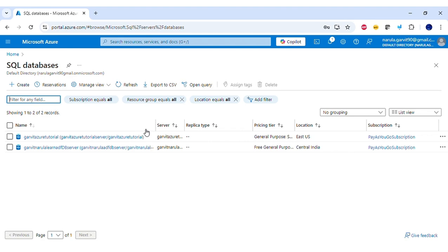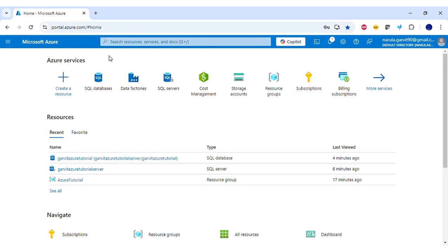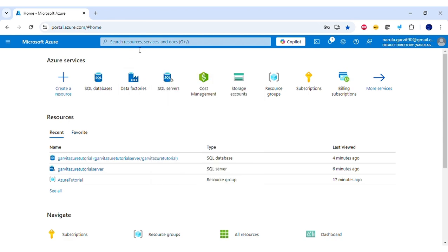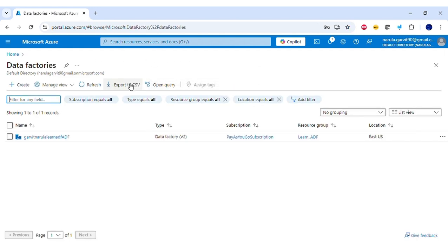Next, let's move on to Azure Data Factory. So for that, let's go back to home. On this screen, you will see an option for data factories. If you can't see it here, you can search it from the top search bar. Let me click on that. On this screen, I will see my existing ADF accounts created. I want to create a new one. So let me click on create,